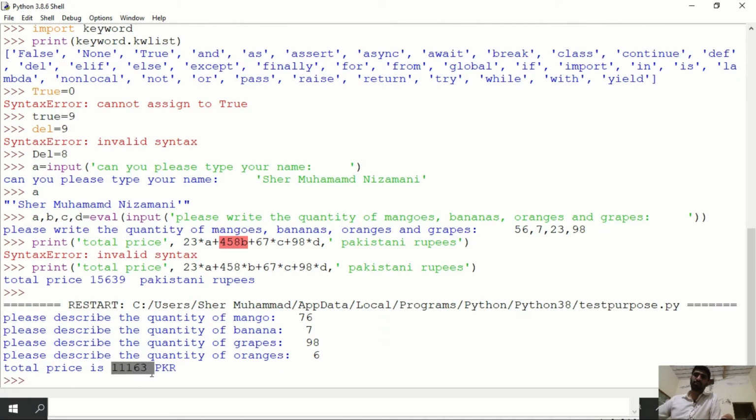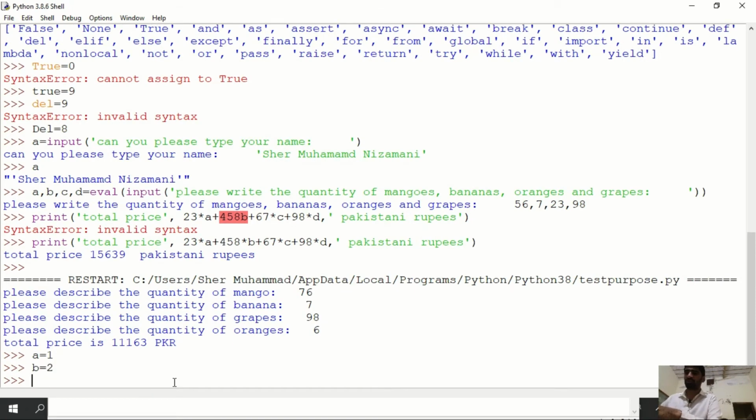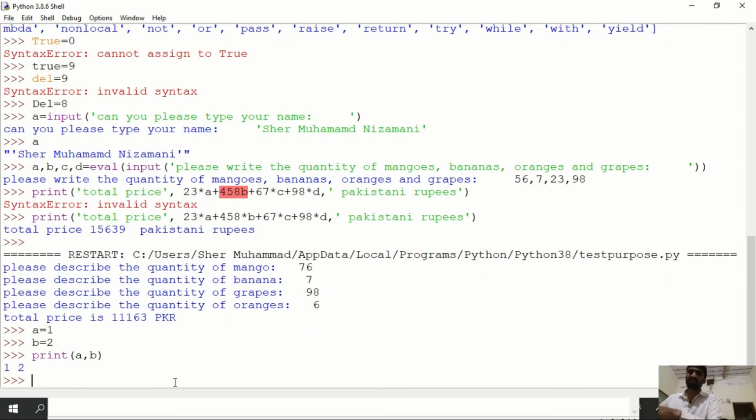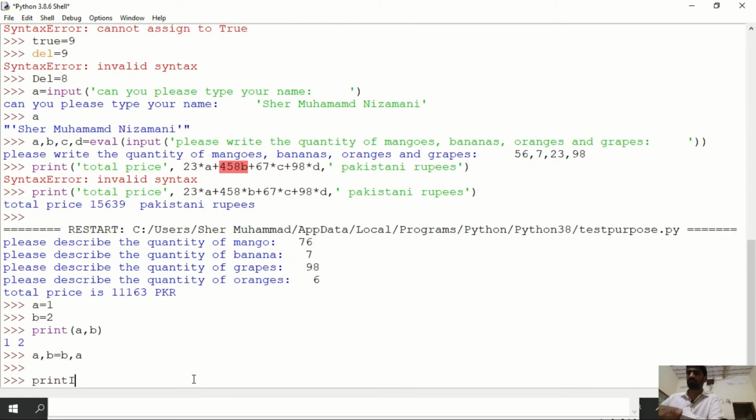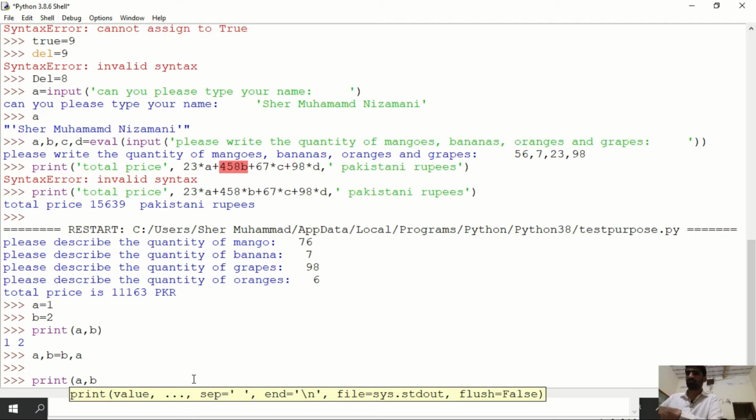For instance, I have a equal to 1 and b equal to 2, and I want to swap these variables. The best practice is either to use a temporary variable, or you can write a comma b equal to b comma a, and then print this.